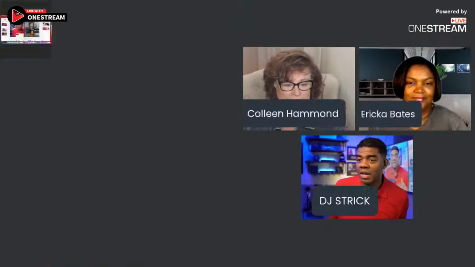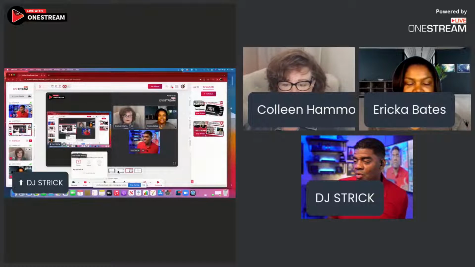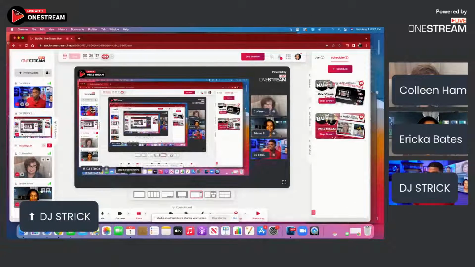And if they keep coming back because they got the link, you can stop them from coming in with the ban button. That being said, I want to show you that particular part of the invite button. Let me see if I can go full screen this way. If we look to the left of the screen where it says invite guests, you have a way to ban participants or view joining participants.